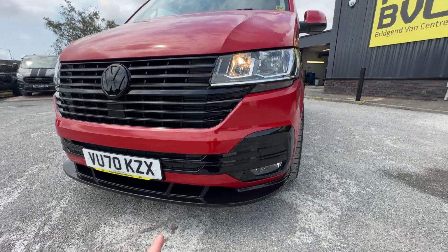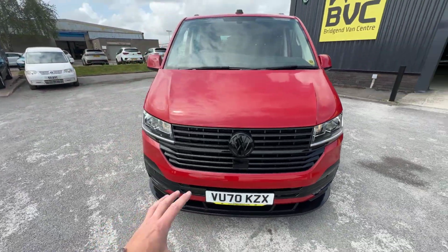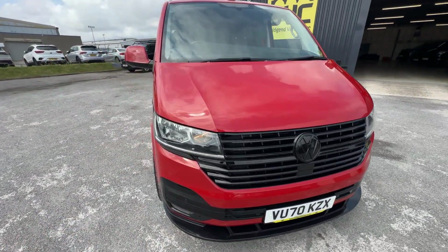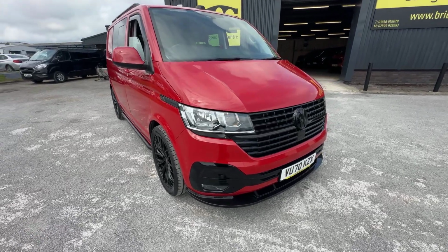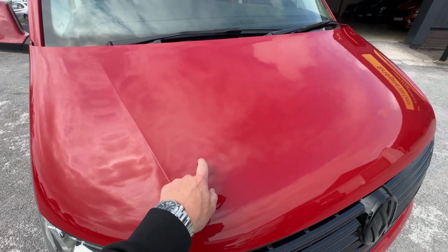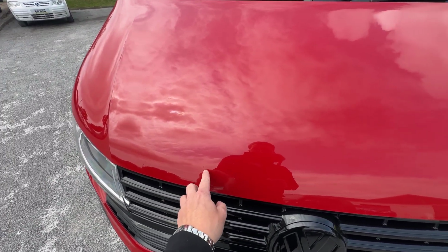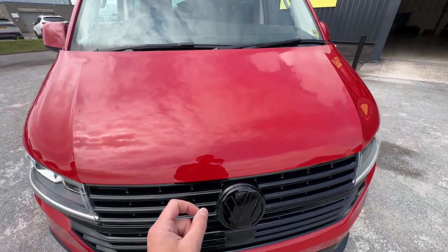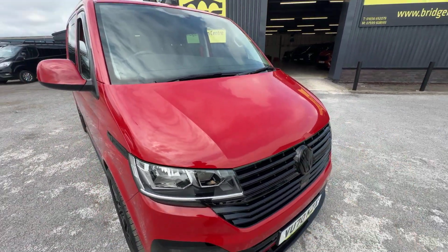When the vehicle came into us, there were some stone chips to the front bumper, so we've had those sorted, and it just sets the van off very, very nicely, just to freshen that up a touch. And there are some stone chips here to the bonnet, which are of course worth mentioning, I should say. We have just neatly touched those in where applicable, but as I say, from here you wouldn't really see it,